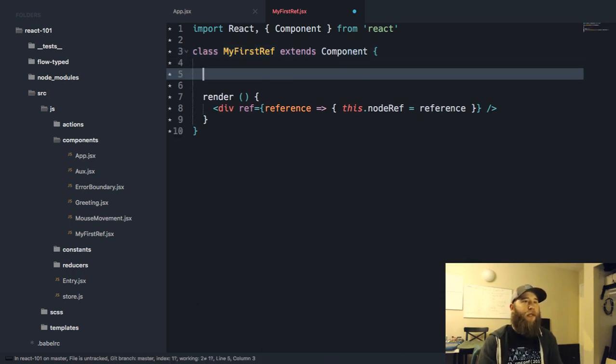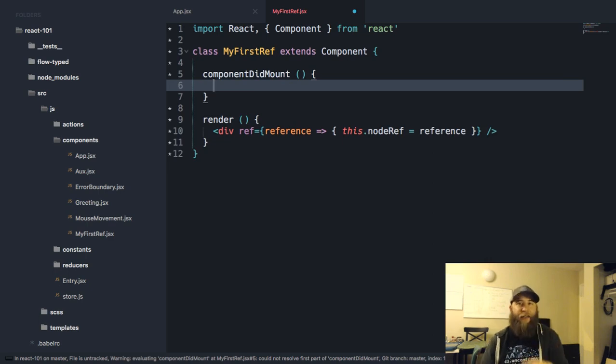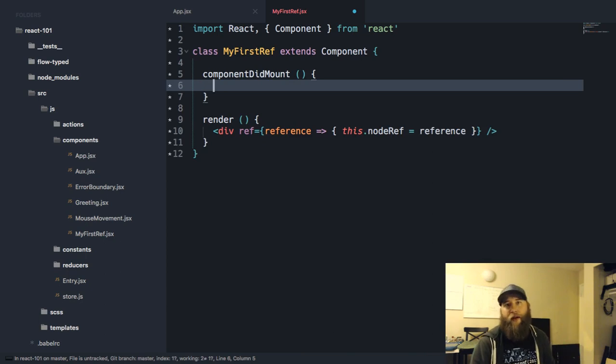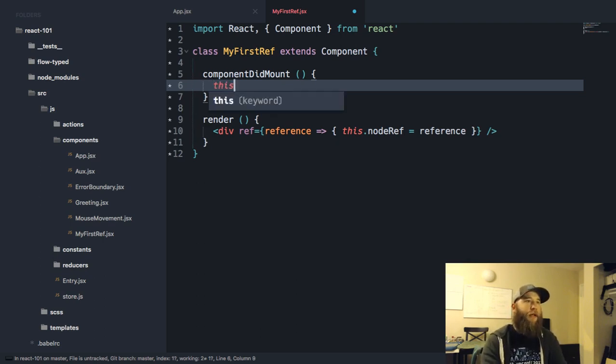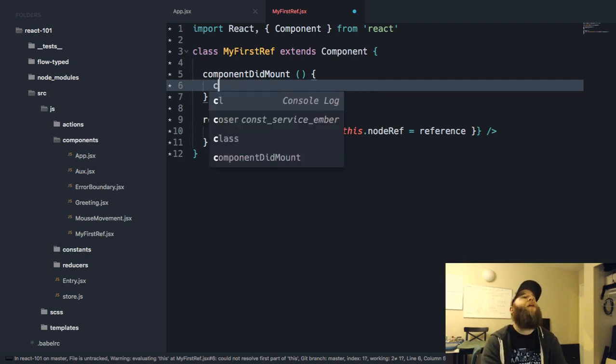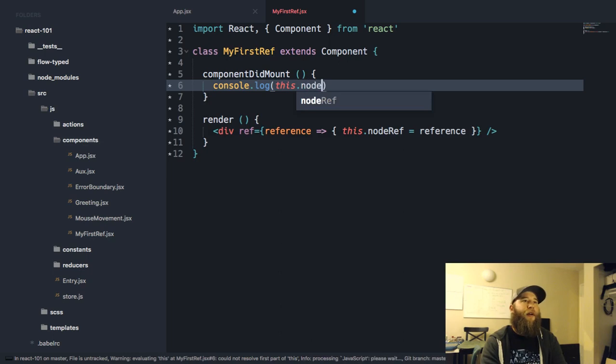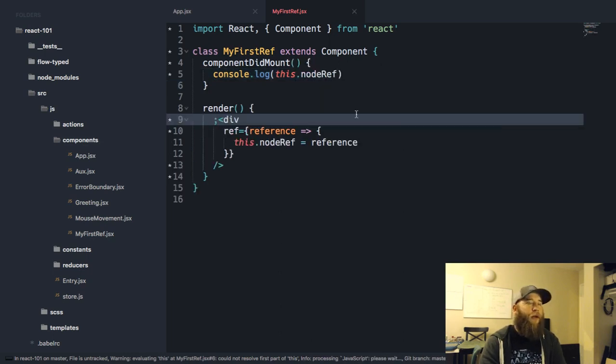what we can do is, another way to do events would be like on componentDidMount, we can actually attach event listeners that are doing stuff with this ref, right? In this case, maybe what I want to do is we will do, I'm making this up as I go, but nodeRef. First off, let's just log out this.nodeRef. Let's do that, right?